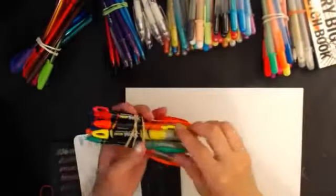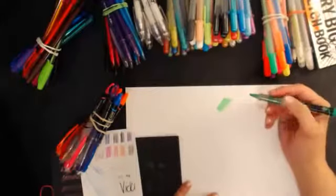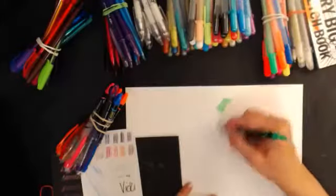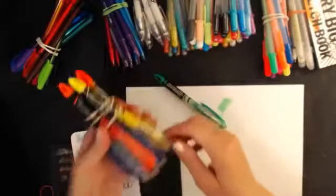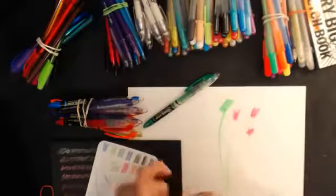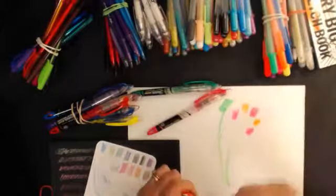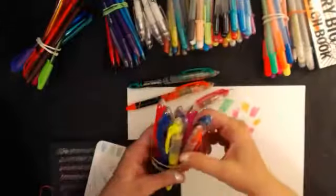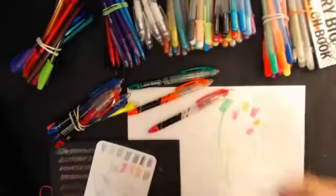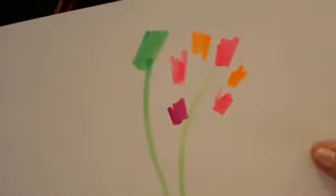Again, they're the same type of thing. I think they're made for highlighters, but they're good for quick little, if you're just wanting to quickly sketch, or if you're a doodler. Now, I'm not much of a doodler, but you can see, there's some fluorescent ones in there. I think 3 or 4 of them are fluorescent. But they're bright. I would call them neon, okay? So if you like neon colors,